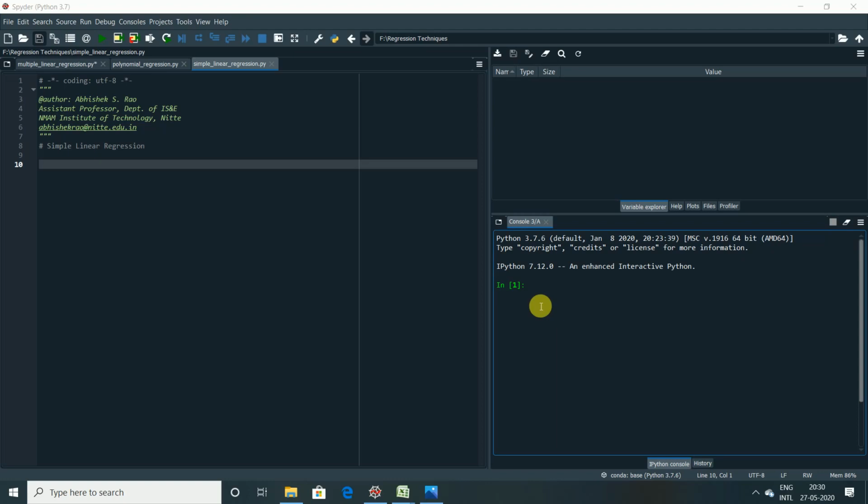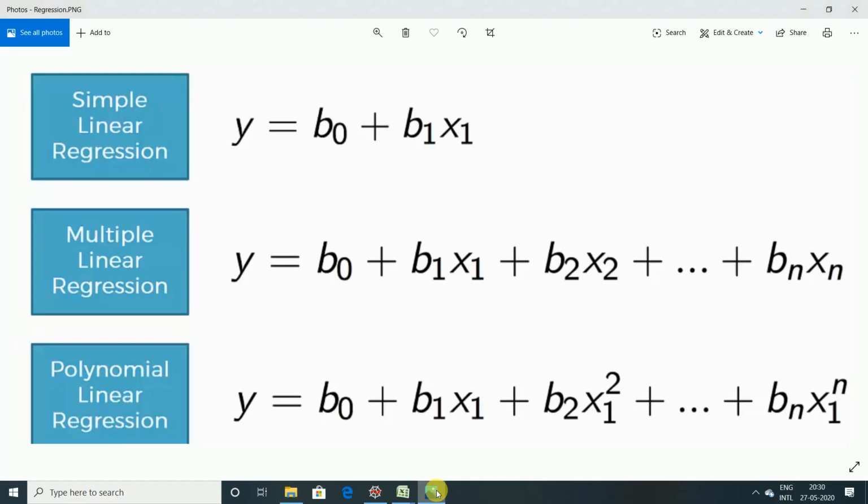In simple linear regression, we can represent a linear relationship with the following equation. Let us see the equation here and analyze it. As you can see, the first equation is simple linear regression, where we have y is equal to b0 plus b1 times x1. Here y is the dependent variable, that is what we try to explain, right?